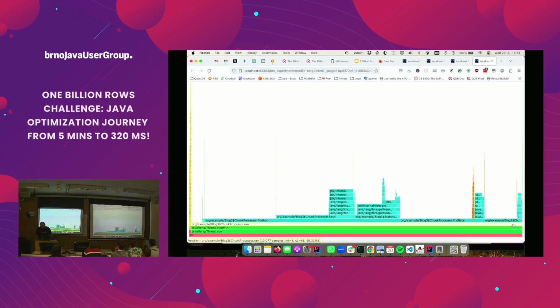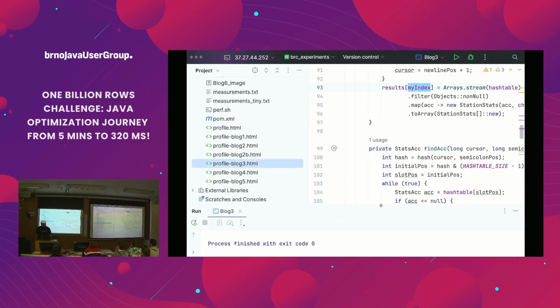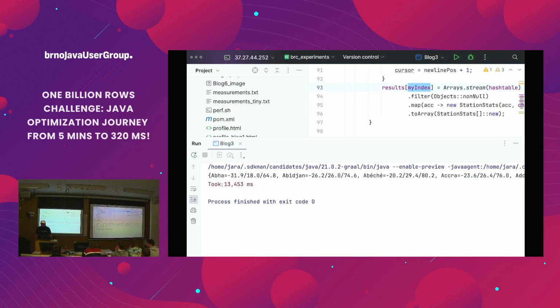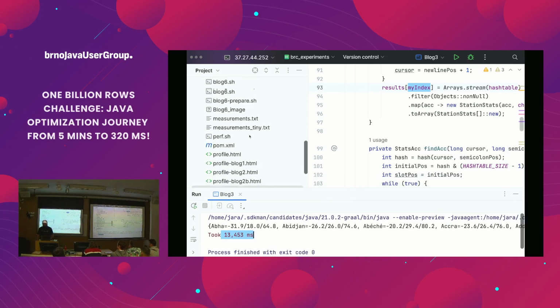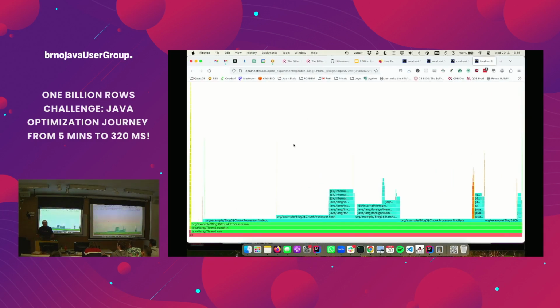And what is this? This is temperature parsing. Even though it's optimized, it can still be optimized more. The performance was 13 seconds. So we started with 2 minutes, and with still kind of basic optimization, we are already at 30 seconds out of 2 minutes. Okay, what else can we do?